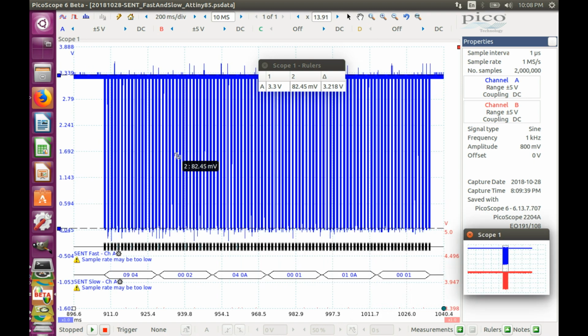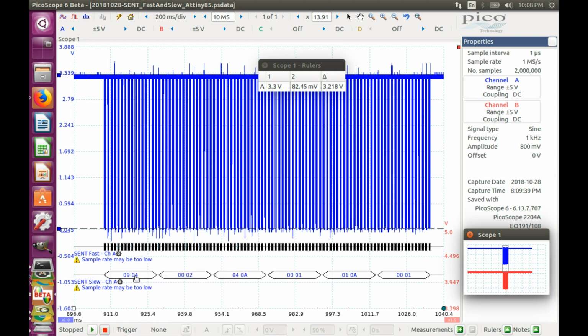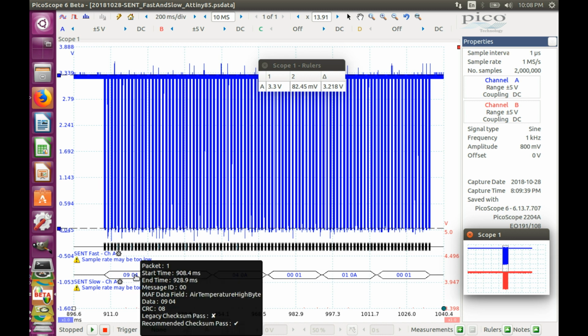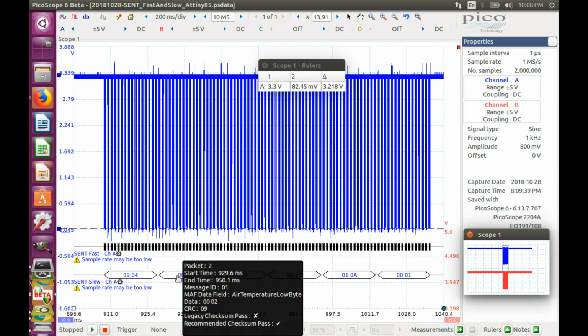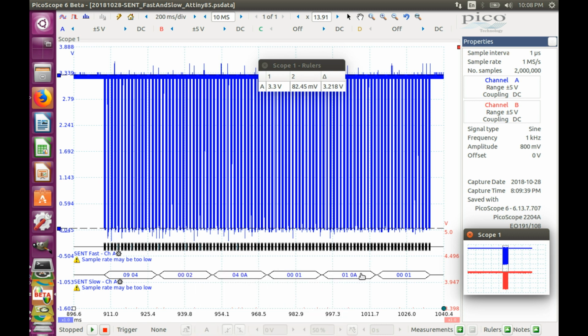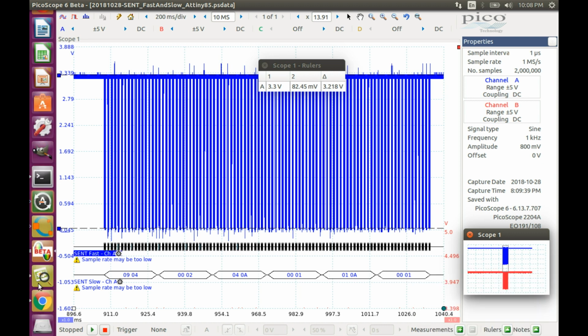So after we zoom out all this train of packets, we can see what we have in the slow channel. Packet 1: message ID is 0 and the data is 0904. CRC is passed, so it's a good slow packet. Then packet 2 has message ID 01 with the data 0002, and so on. We have in total 6 slow packets, and we can see them